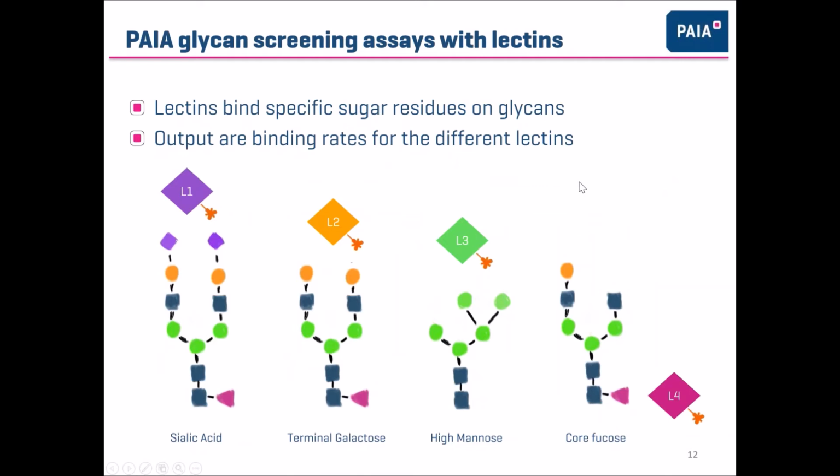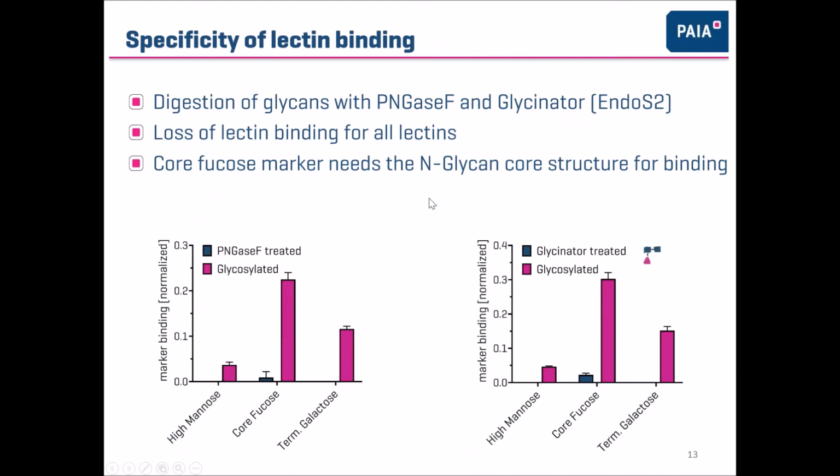So the lectins, as I said, bind to the specific sugar residues on the glycans, and we get binding rates for the different lectins. So this is kind of a setup that we would use in other glycan assays, where we have different kinds of lectins for the different sugars: sialic acid, galactose, mannose, and fucose. So fucose is going to be the one that we would use for the afucosylation screening process, obviously. And if we look at how specific this lectin is,